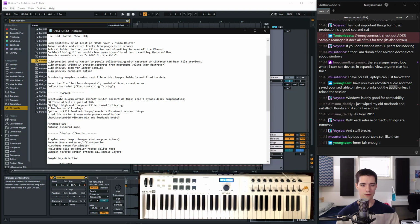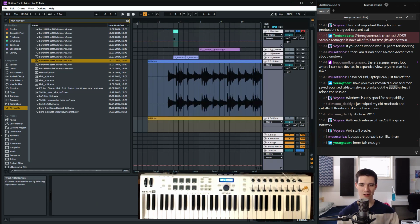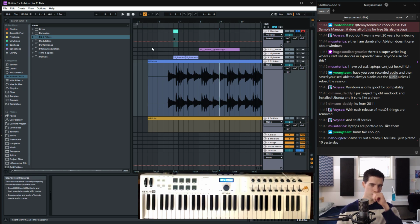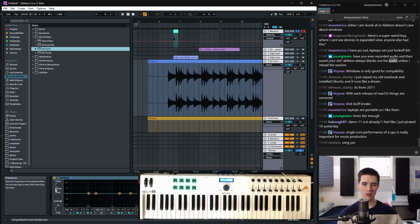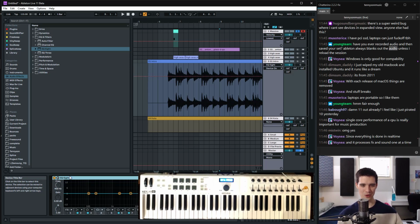All right, so the first thing is being able to deactivate plugins and not just turn them off. The on-off buttons drive me crazy because it's just a bypass. And I think actual disable would be so useful in live sets where you have Serum running and you don't want it running the whole time. Being able to actually deactivate and activate the plugin. Maybe not Serum because it would have to load, but